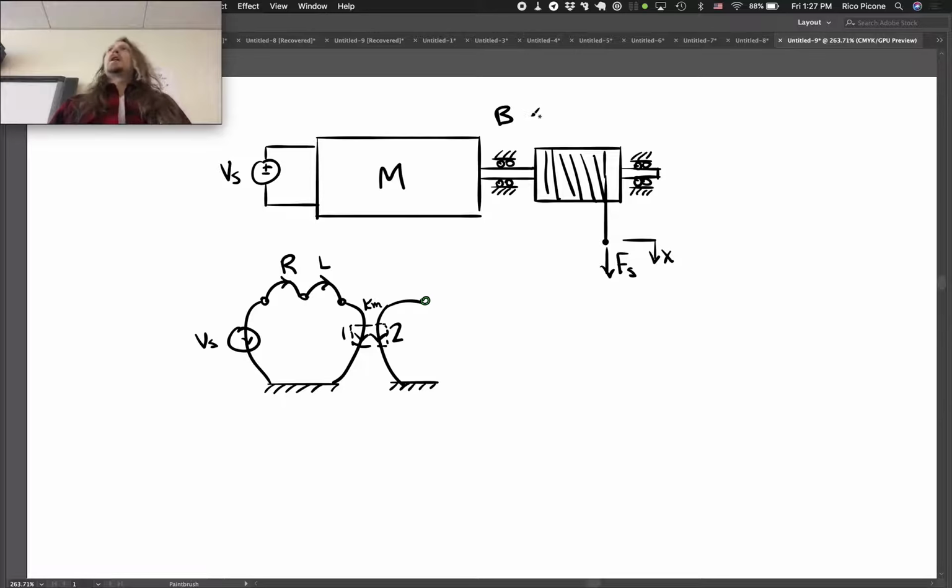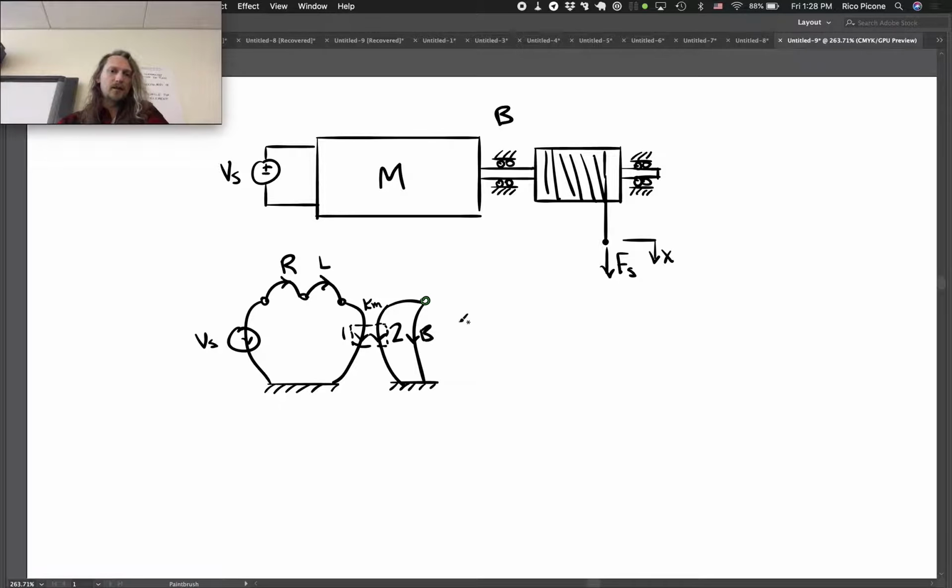B. We are probably going to have to individually look at the damping in the motor, look at the damping of each of these, and then combine them to a single damping ratio, or a damping coefficient. But for our purposes, we know we could do that. They all have the same velocity, right? We're not going to assume that this shaft is long and flexible. We'll assume that the rotor has the same angular velocity as the spool, which has the same angular velocity as these bearings have too. So we'll say there's one